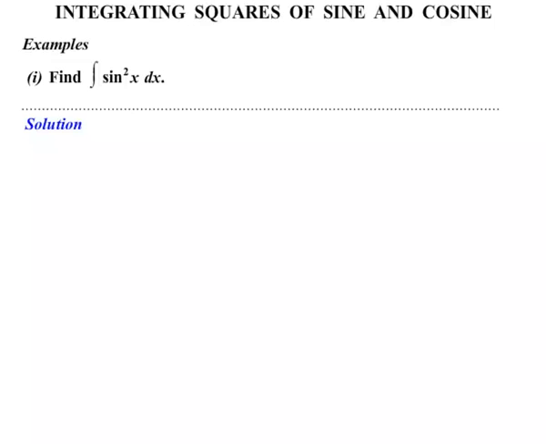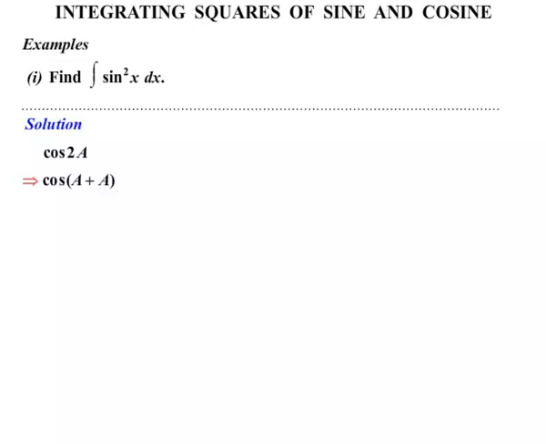In this lesson we're looking at integrating squares of sine and cosine. Examples. In the first one here we need to find the integral of sine squared x dx. Now with these types we're going to consider cos 2a, the expansion of cos 2a, which of course can